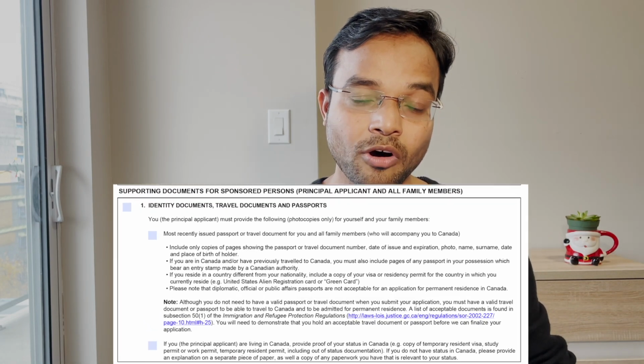When I was doing my research, I came across a lot of YouTube videos and blogs which were telling me to provide all the pages of the passport. I really do not think that is required. The checklist clearly explains what are the pages of the passport that need to be provided. There is no need for providing all the pages of the passport. It is very important for us to understand that inundating your application with a lot of unnecessary documents may not go well with the immigration officer and it might make his life difficult.